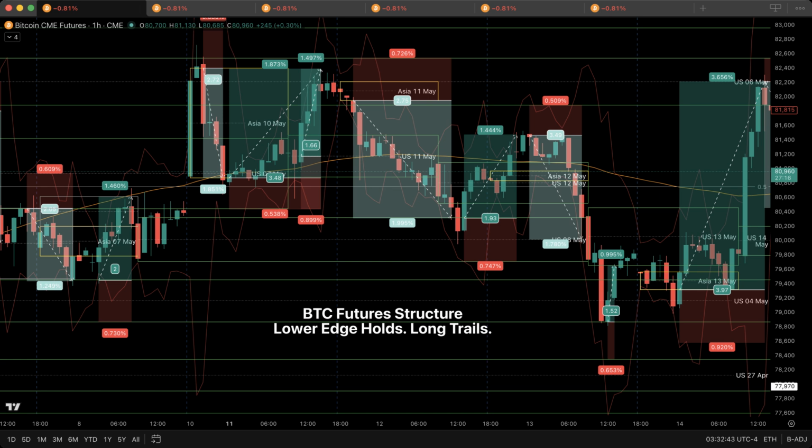May 13th, Asia first pushes up. It reaches toward the lower boundary of May 13th U.S. session box. Then it falls. It tests the midpoint of May 4th U.S. session box. Then it rises again. It reaches toward the midpoint of May 13th U.S. session box. Then it falls again. It returns toward the lower boundary of May 13th Asia session box.